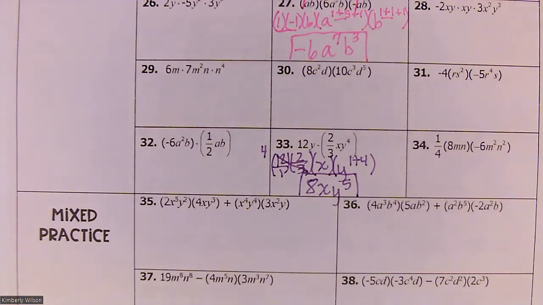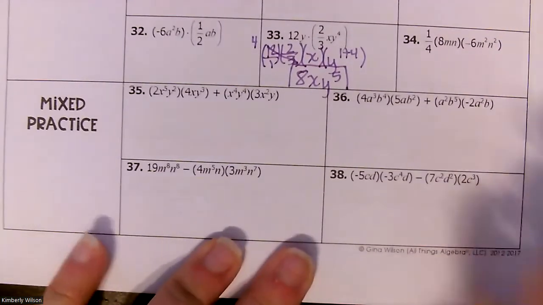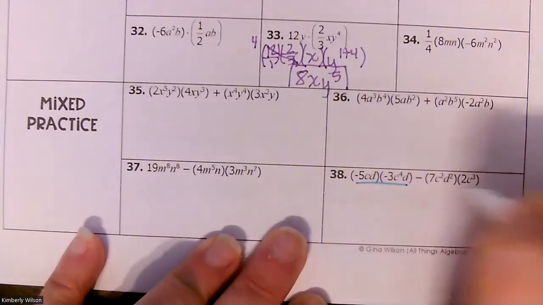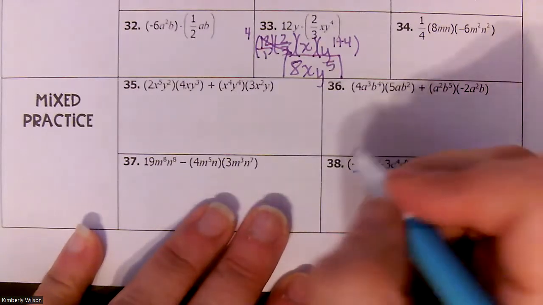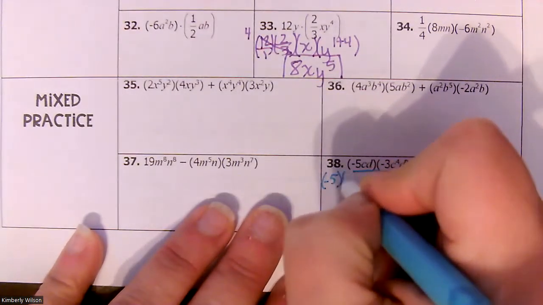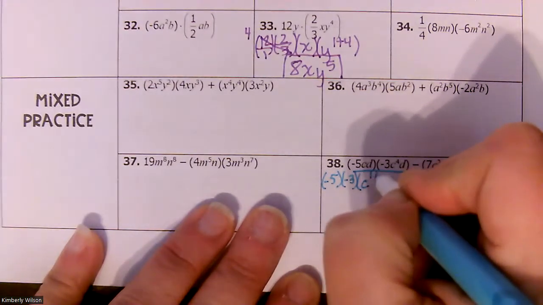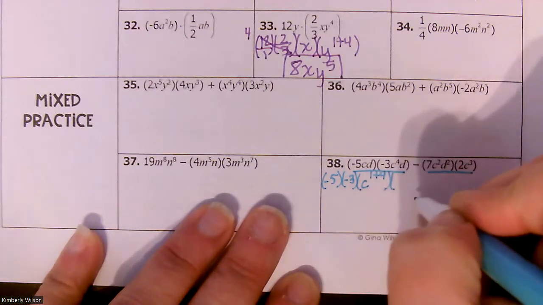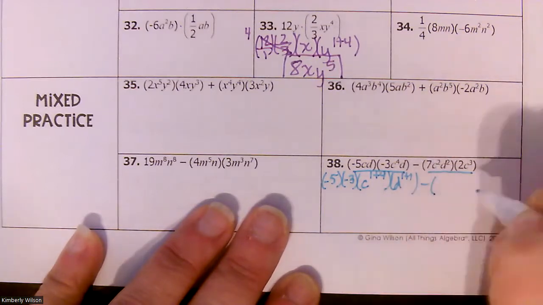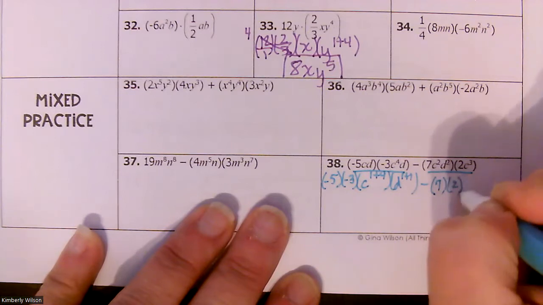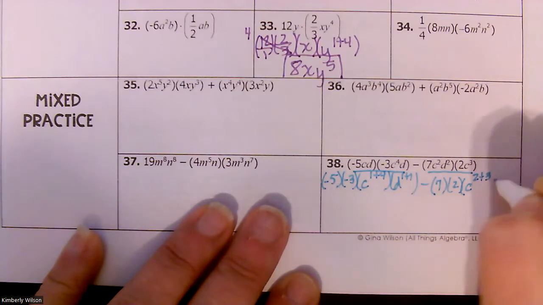is 38, where we're combining the multiplying and adding, subtracting together. Okay, so we're going to do this one, the multiplication first, because according to order of operations, that's what we have to do. So I'm going to have negative 5 times negative 3 times C to the 1 plus 4 times D to the 1 plus 1 minus 7 times 2 times C to the 2 plus 3